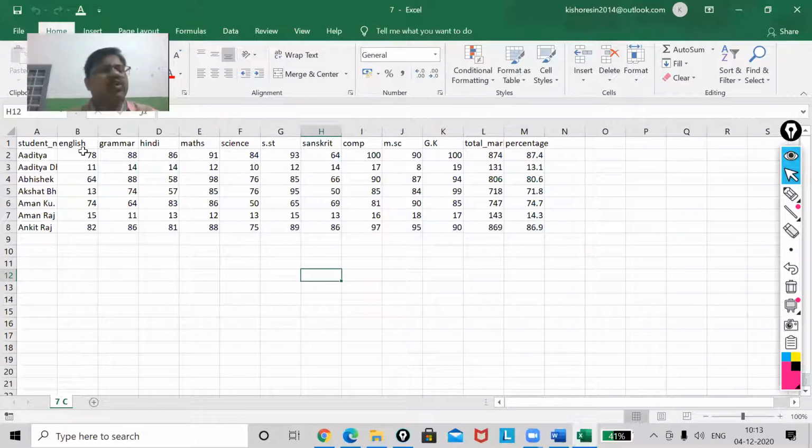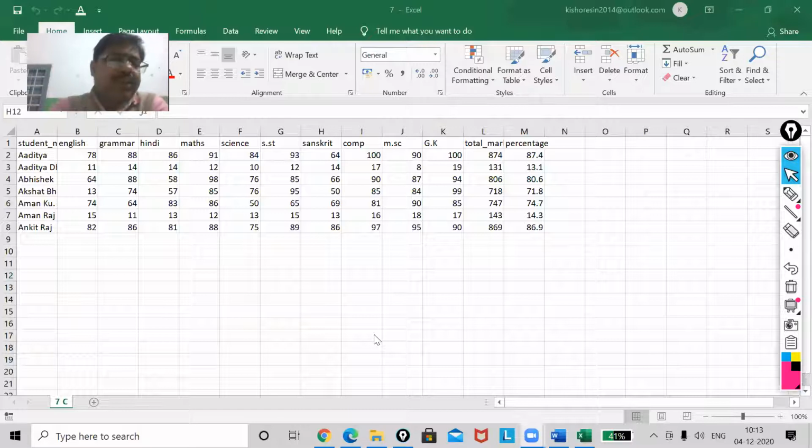Now, actually, it is quite easy for me to understand who has got less than 10, who has got more than 10. But think about, you are having records of 200 students. And I say those who have got less than 40, mark it with red color. Can you do it? It is a very, very difficult task, my dear, to perform by yourself. In such a situation, conditional formatting will help us a lot. I am going to show you.